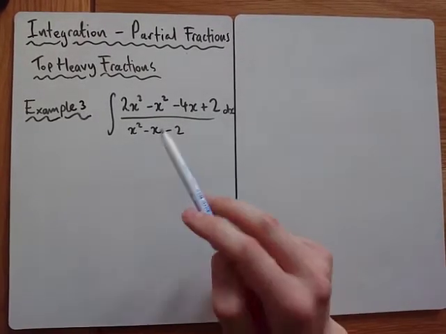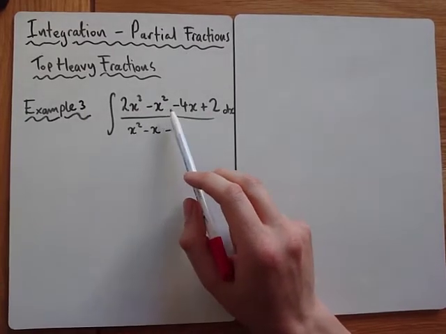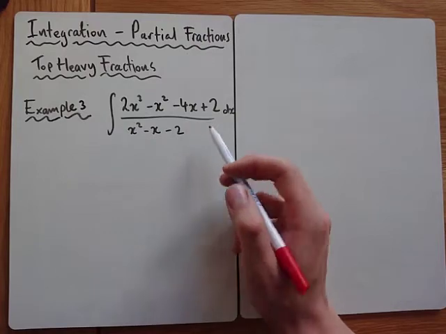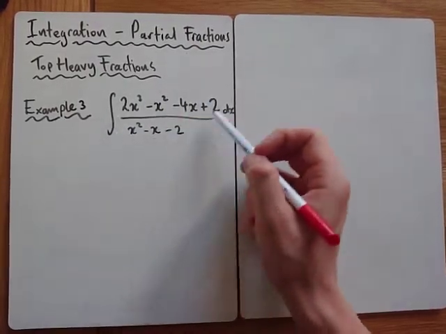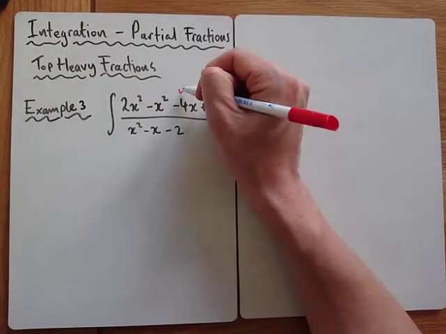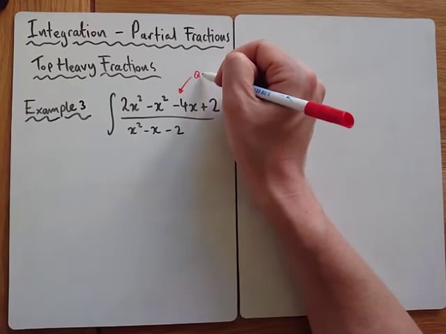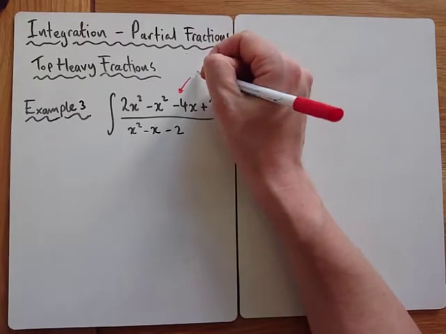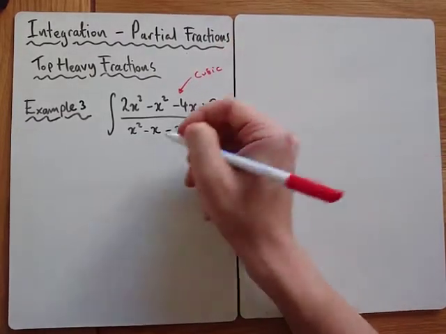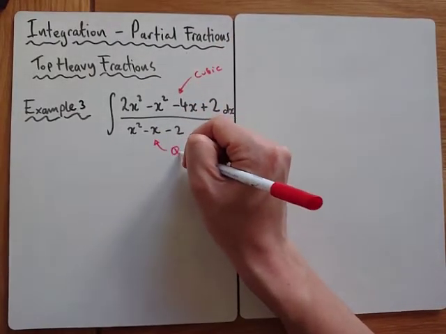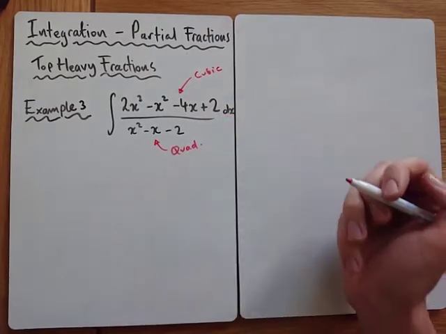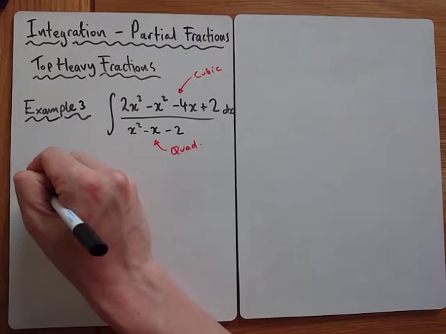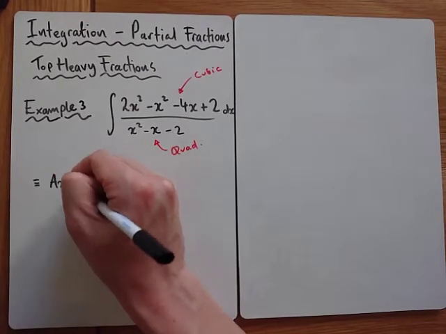Final example, we've got 2x cubed minus x squared minus 4x plus 2, all divided by x squared minus x minus 2. Be very careful with the form for this one, because we've got a cubic divided by a quadratic. So the form for this one, we're going to end up with ax plus b,